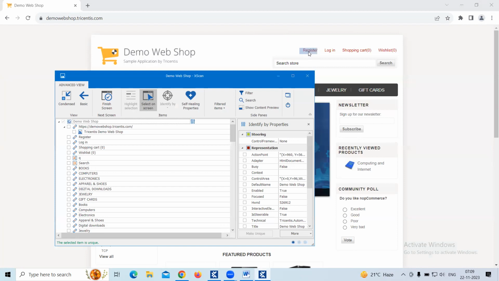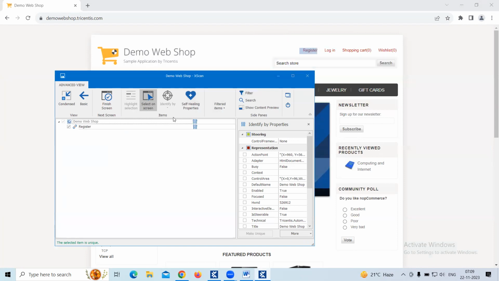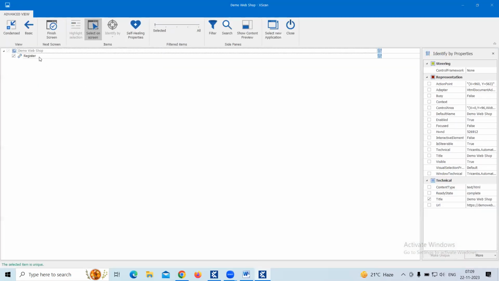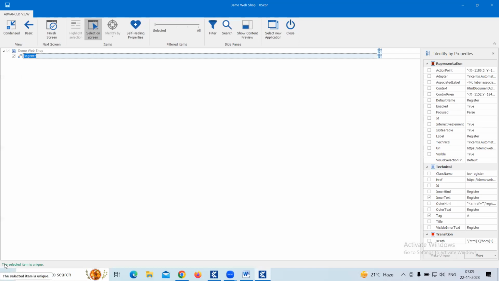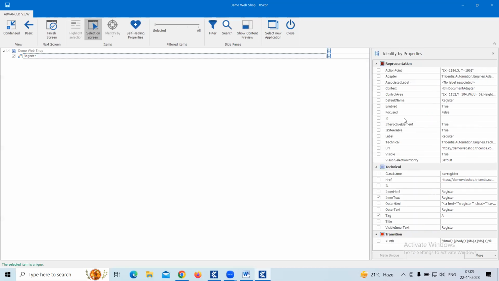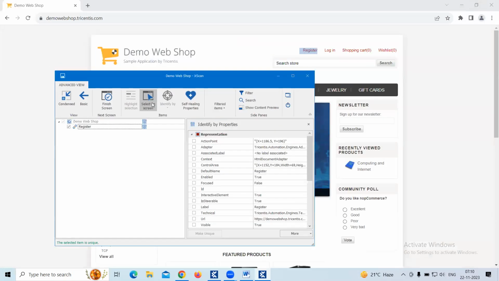I'm taking this only. I scanned this one. What is it showing? The selected item is unique. What properties is Tosca taking by default? See, inner text is Register. Tag is A, which means it is a link. Inner text is Register. These two properties Tosca is taking by default, which means